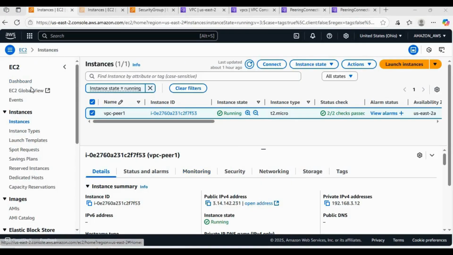Hello all. In today's session, we are going to see an important topic in VPC, which is VPC peering. Basically, two VPCs can be connected with each other, and we can establish a private connection between these VPCs. These two VPCs can either be in the same region,